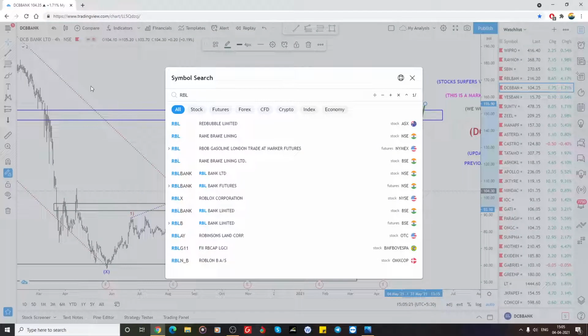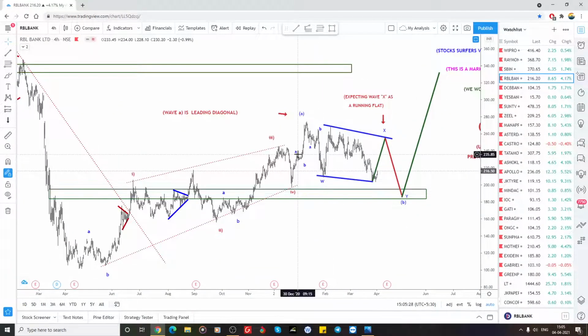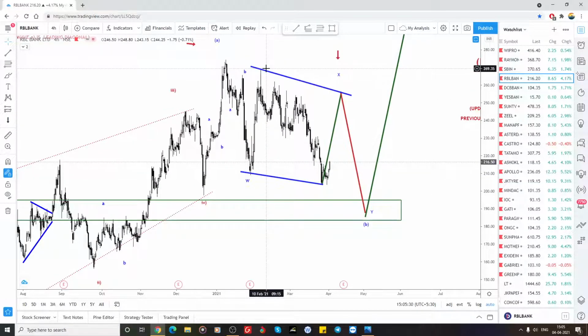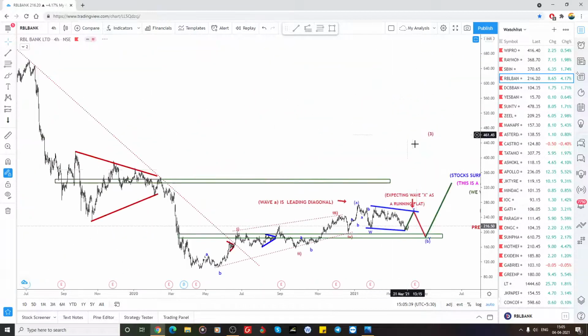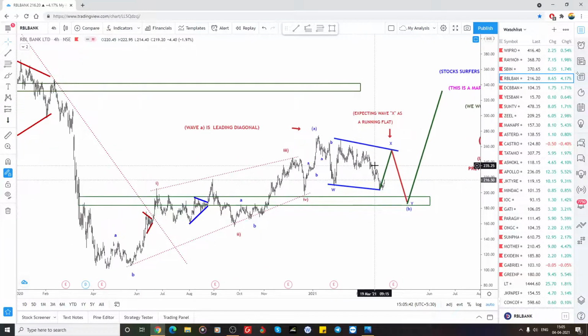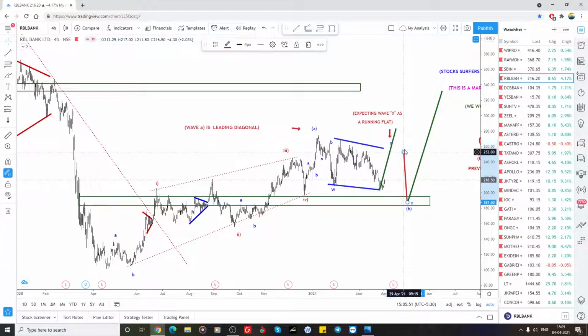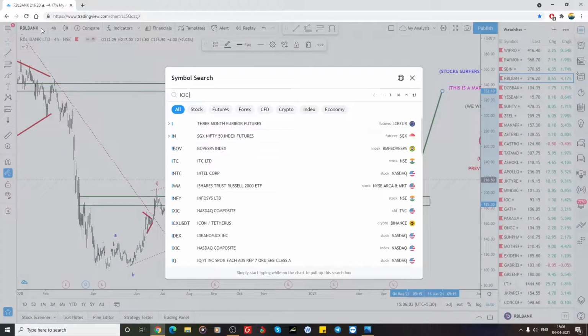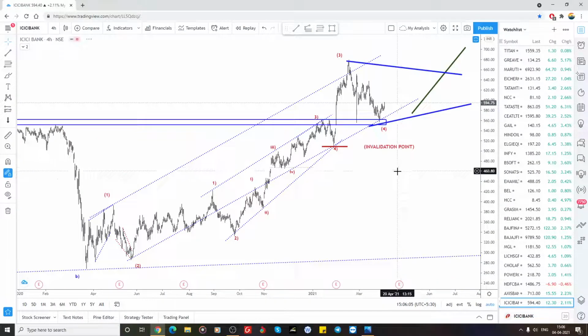And RBL Bank, that is also the same, a 5-wave structure. So we are in the B. After the C wave, near the 256 zone, after that I'm expecting a rejection in this zone. So let's play A, and it has to complete that correction, then only can we come to the conclusion whether it is bullish or we are still bearish. Sometimes it can go above this and then again fall, and if it does like this, that is a running flat, and again it can shoot nearly to 362, 370, the next resistance zone.